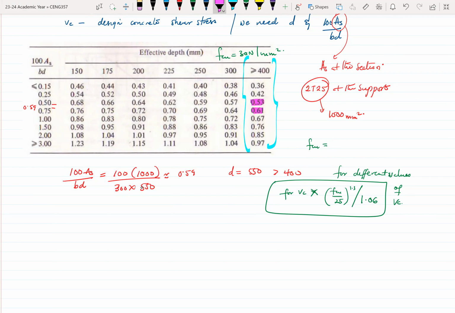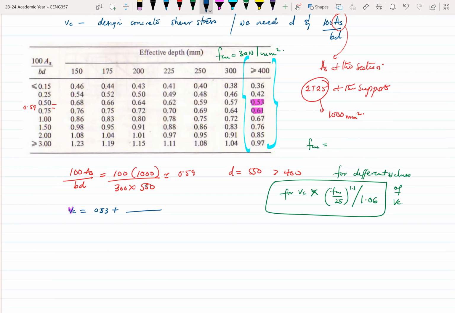Let me bring the equation up again. Right. So our VC would be equal to 0.53 rather. Let me correct it. 0.53